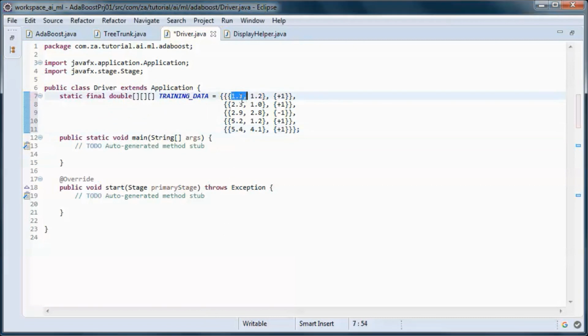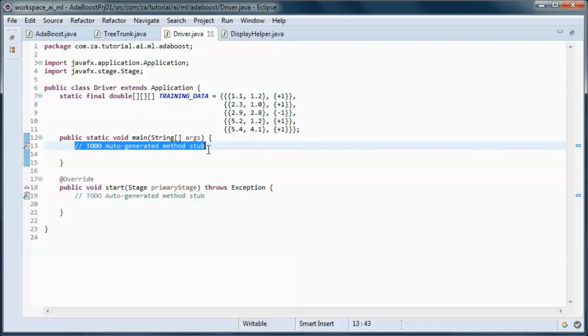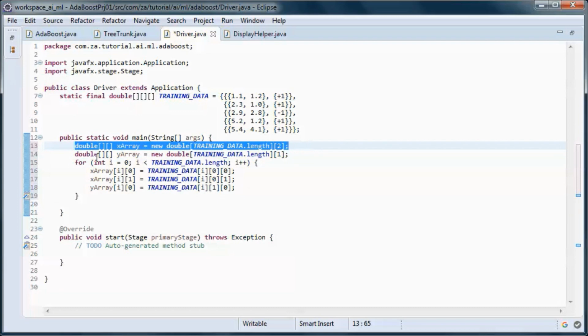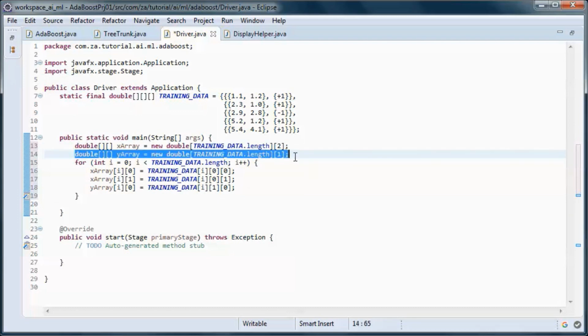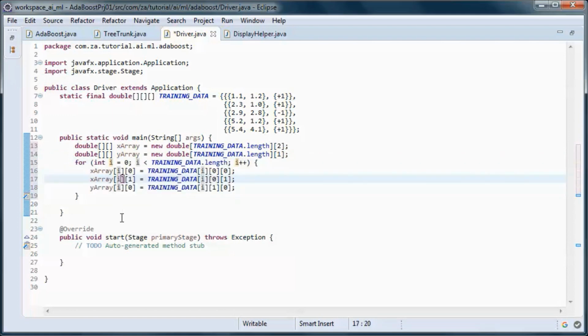So this is the x1 column, and this is the x2 column, and this is the label. And the X array will contain the features, and the Y array the labels, and we populate both of them here.